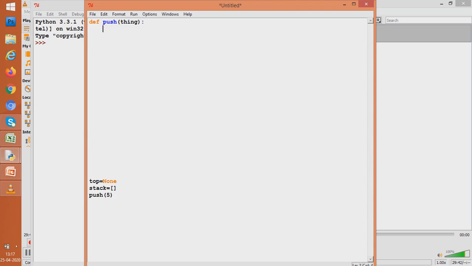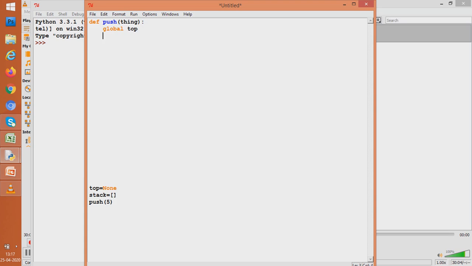So our work is not only to append things in the list, but also to update the new value of top. That is, we should also update the status of top as and when we make a change. So let us do that. First, as we are using that global value top, we'll write here global top.